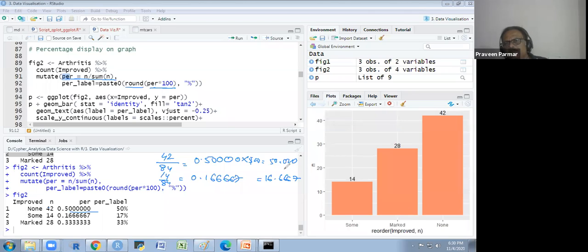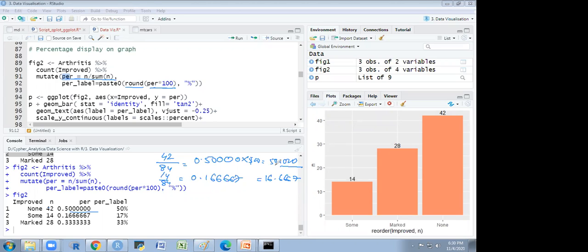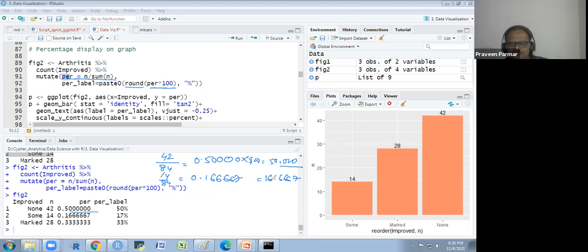I don't want any digit after decimal. I put here round. Got it? Yes, sir. So what will I get? Only 50 and 16. Yes, sir. 16.6, so it is 17, basically we round it off. So 50, 17 and 33. We are getting it. So this number we are getting, and then we are pasting it with percent.